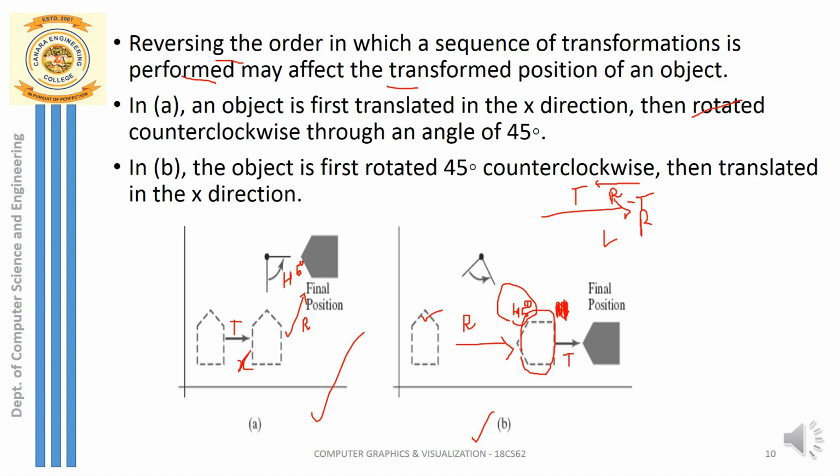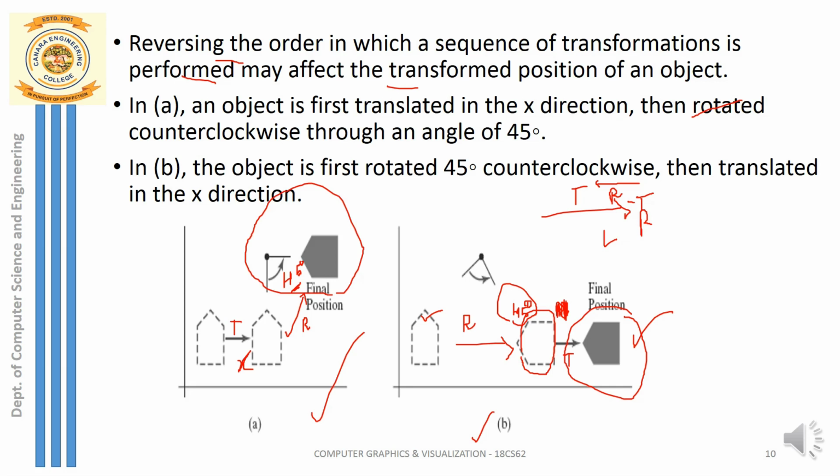The final translated object is over here, right? Translation is just the displacement. My object is over here. Compare this figure B with figure A. In figure A, after translating, I am rotating the object about an arbitrary point by an angle of 45 degrees. So this is my final object's position. This is totally different from the second figure B, wherein the transformations I have applied are the same, but the only thing that has changed is the sequence.